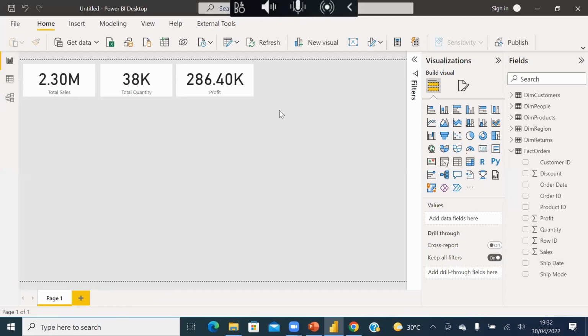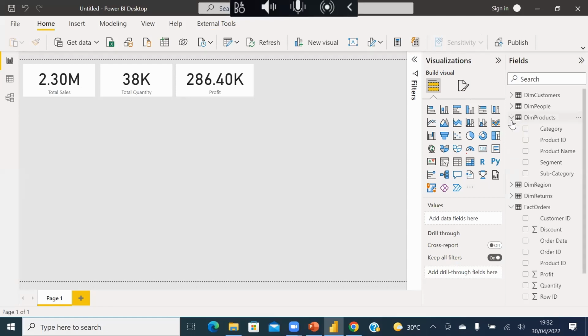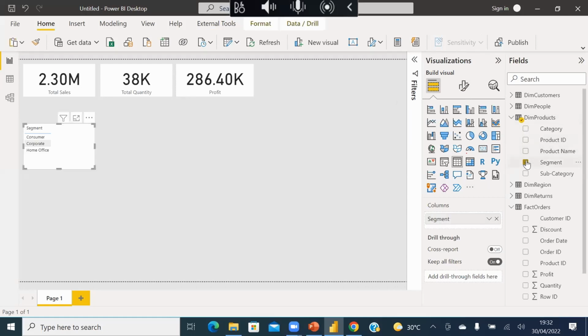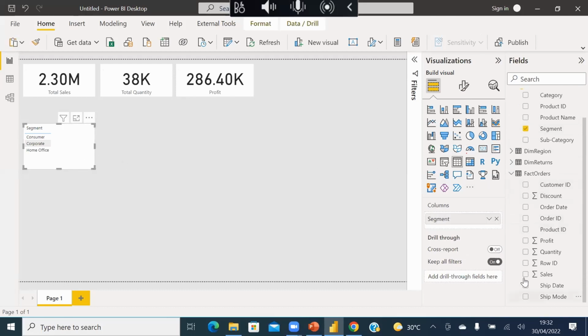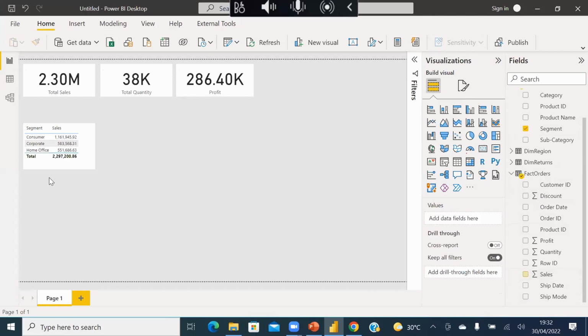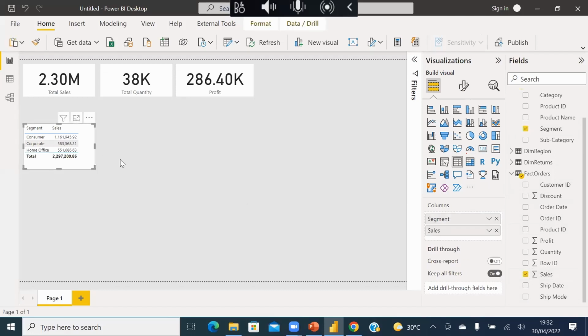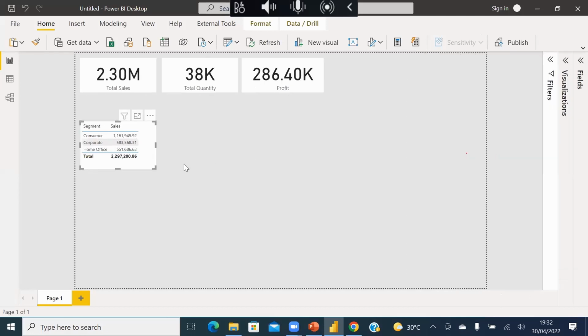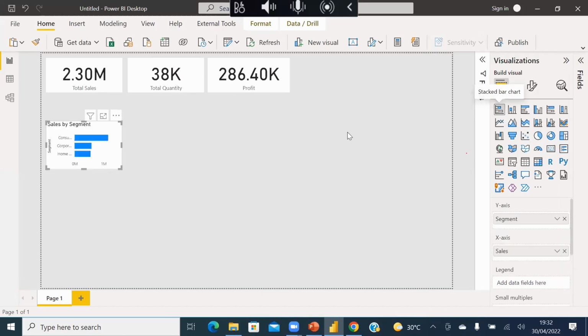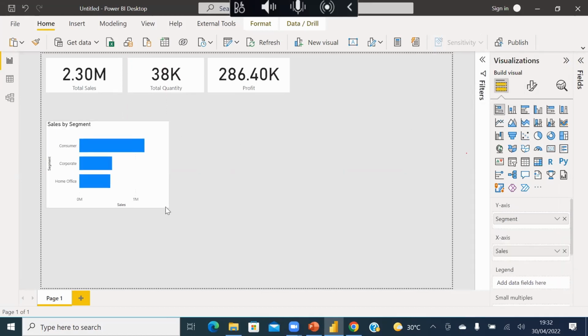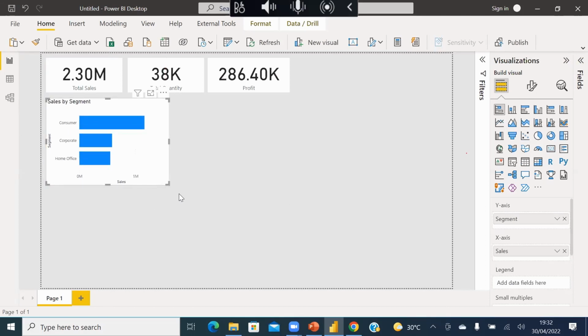So we have this. There are other things you can do, for example. You can choose to say you want to see the total sales by segment, right? So you have the segment, just click on segment. The segment is showing here. All you can do is just come back and click on total sales. Now we have our total sales right here. You may not want to show it this way as a table. You may want to use a horizontal bar graph, right? You click on this and it changes. Do you see that? Now we have a little bar graph here.